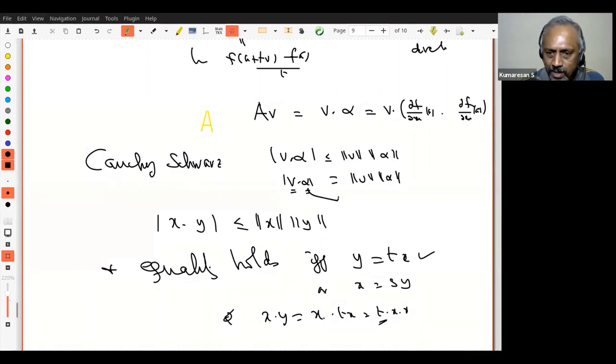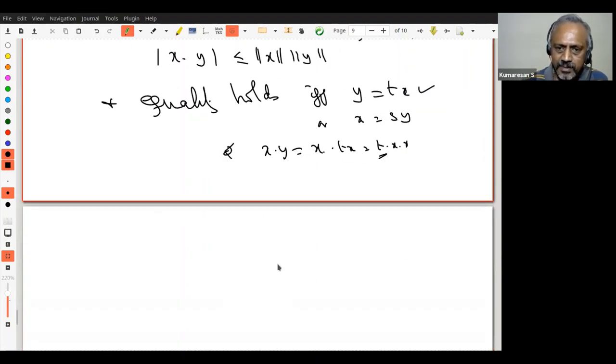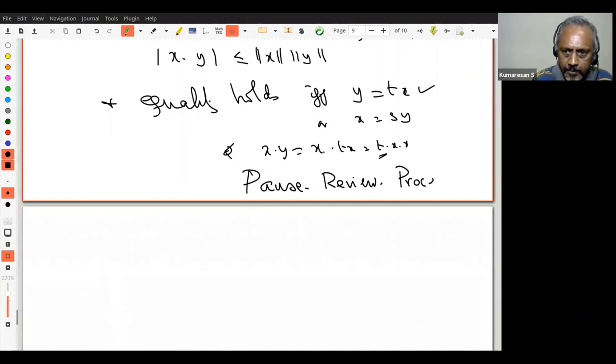Right? But what is alpha? Alpha is the gradient of f at A. Therefore, the maximum rate of change takes place in the direction of the gradient. Okay? Take some time. If you have not seen these things, you will struggle a bit, but that's okay. In fact, if you look at my thing, I will also say when t is positive, when t is negative will also come on the way.